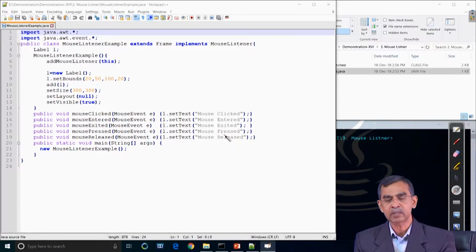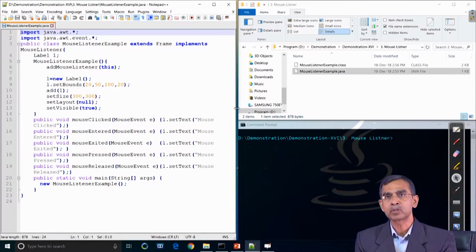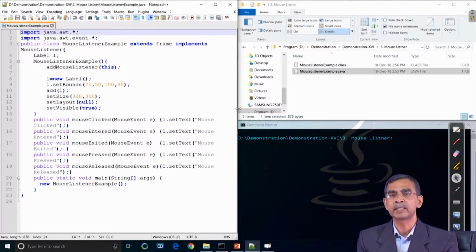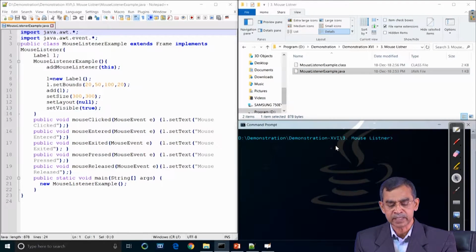So, accordingly the code is here. As you know, it is basically the AWT program without any applet. So, it extends a Frame, so whatever components and other things there are will be included in the frame itself, and it includes MouseListener. So, the MouseListener interface methods are to be here, and then we first do the registration by addMouseListener